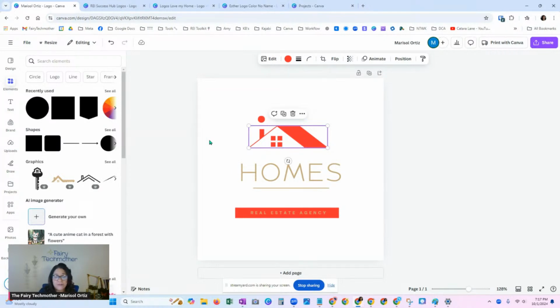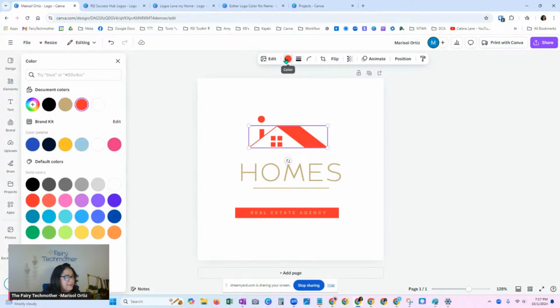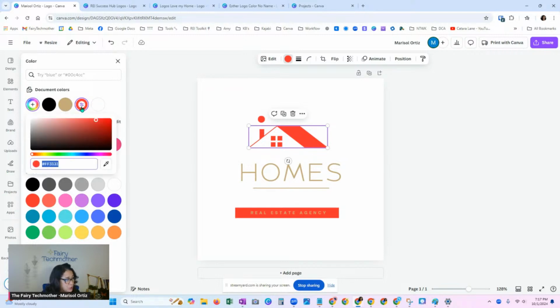If you have a brand idea already, you may have your colors picked out. If you don't, I really want to encourage you to do that. Don't just say, okay, I want red, and then the next time you make a design or a letterhead or your signature, you just select red. There are hundreds of reds, thousands of reds, right? So once you say you like red and you click in here, you can move it around and decide which red you like.